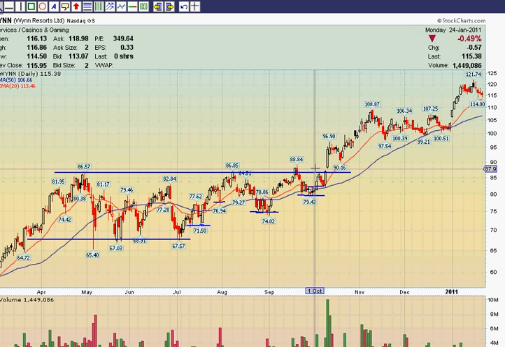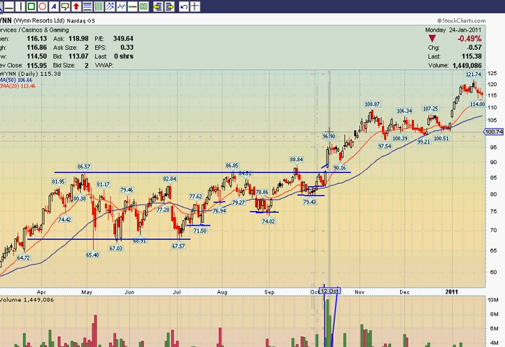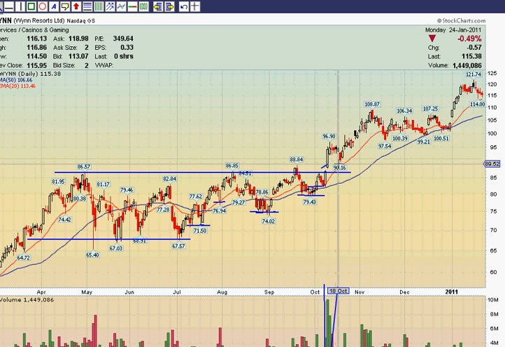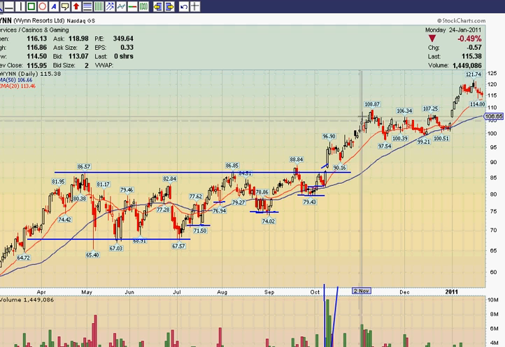So now the stock rallies, and this time it broke resistance for good. Look at that, cleared resistance, huge volume right here, cleared resistance area right here, and the stock took off. So now what are we looking for? Now that the stock took off, it kept rallying, rallying, rallying, and now the stock,